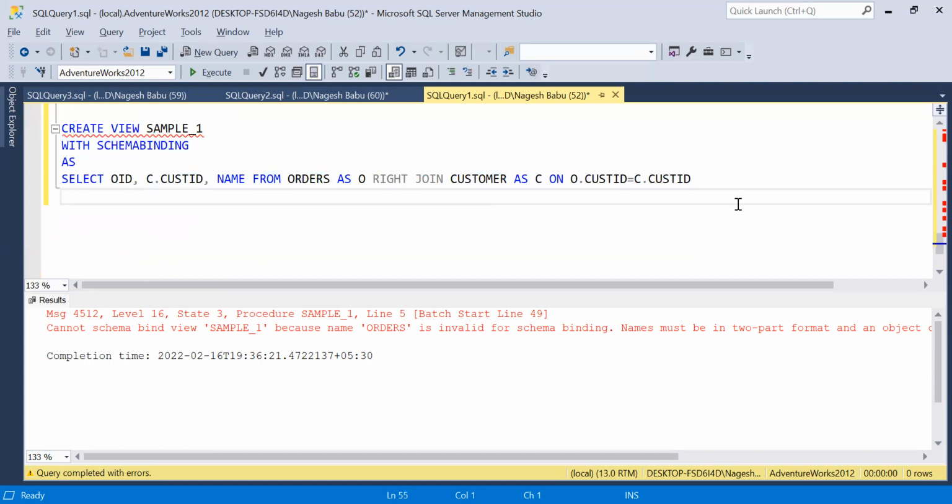Whenever we create a materialized view, we give this keyword with schema binding to get the schemas and bind them to the view that we name. That creates a view with all the schemas bound, and then we create a non-clustered index or clustered index, let's say, on a particular column of the sample one view, the OID column. So we just create